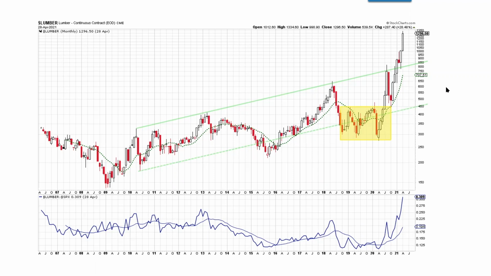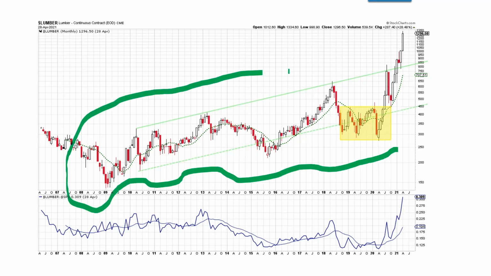So here is a long-term uptrending chart of lumber. Now, I know very few people trade lumber. It's a very thin market. I just want to show this to you because I think it could be telling about other inflation markets also. And so here you can see this long-term trend back to 09. It's really pretty gentle, and this is maybe a big